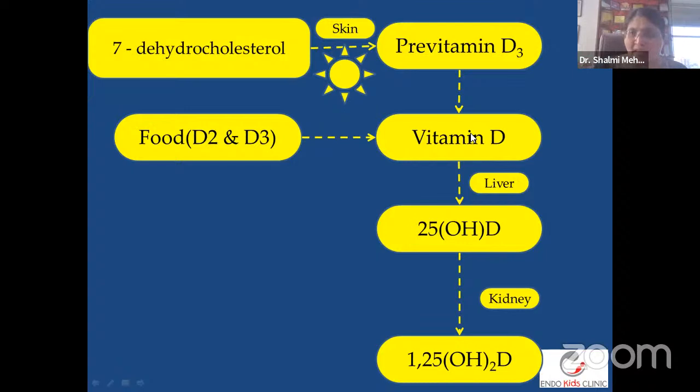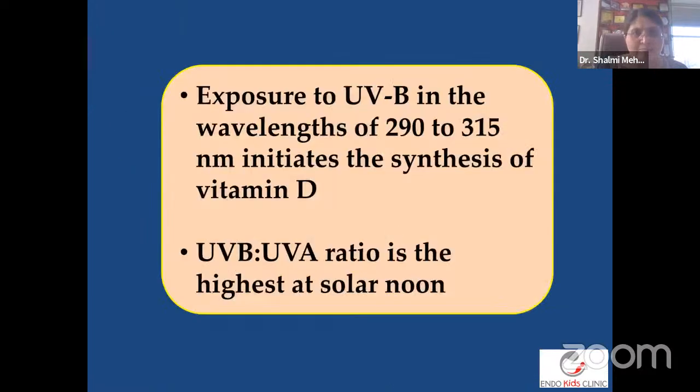phosphorus. So just having vitamin D is not enough. We need to have a normal liver, a normal kidney, and the normal enzyme systems. And also, we need to have the receptors, right? So that this activated vitamin D, that is called calcitriol, can act properly. So if you just know the basics, you can very well distinguish between different types of vitamin D deficiency or whether it is vitamin D resistant rickets, right?